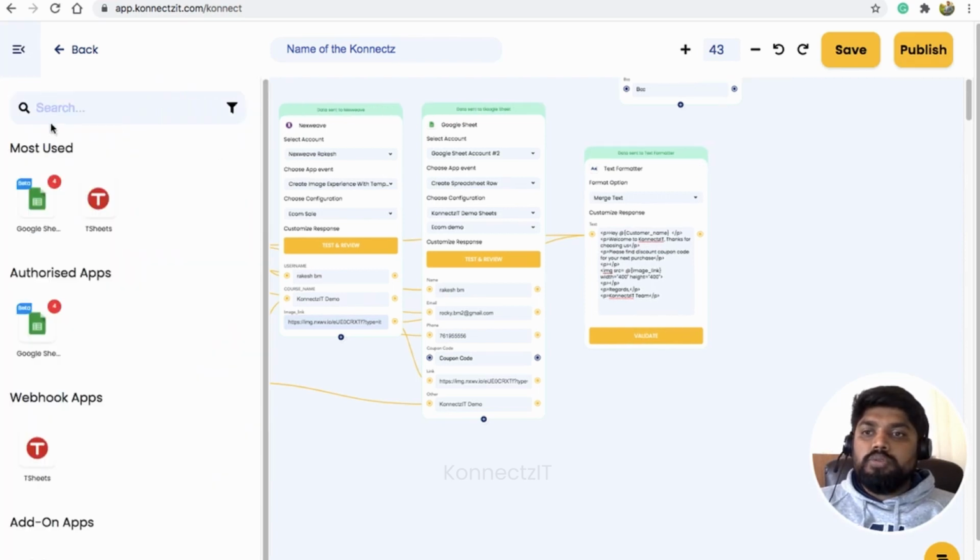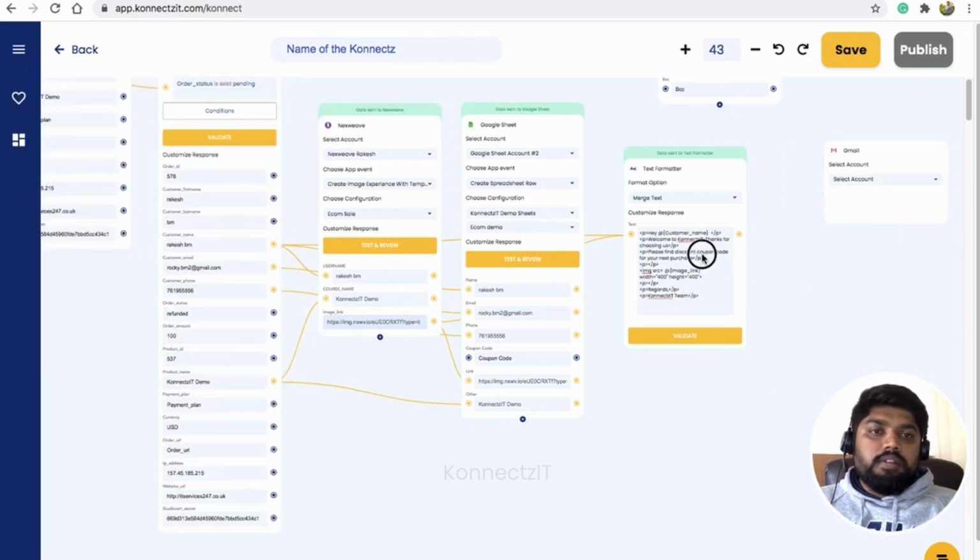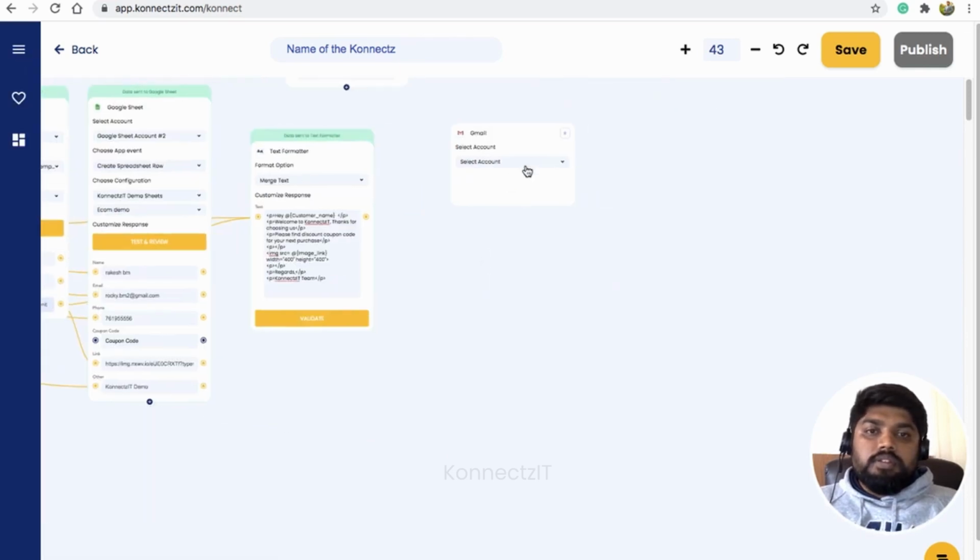So now I go to Gmail to send an email. I choose the Gmail account. Now I choose the trigger as send email.